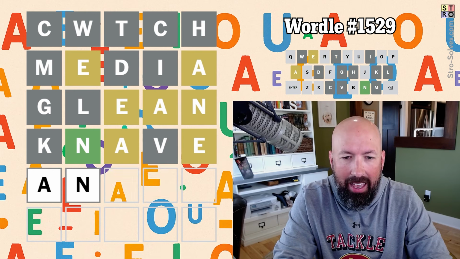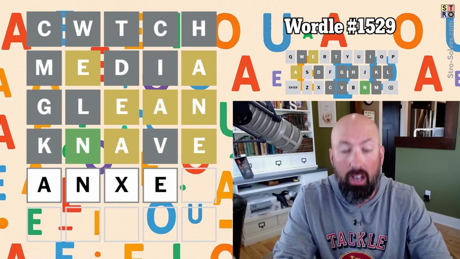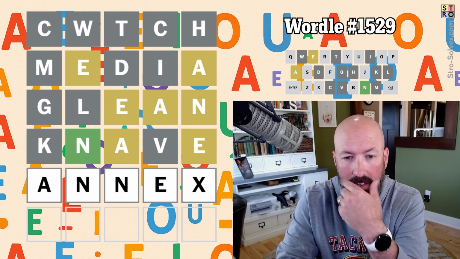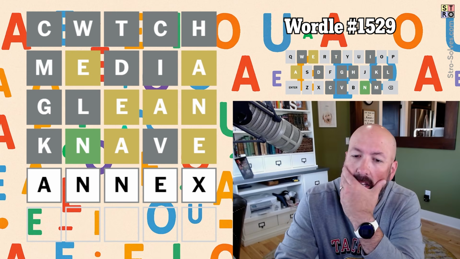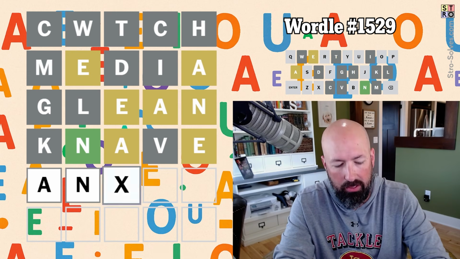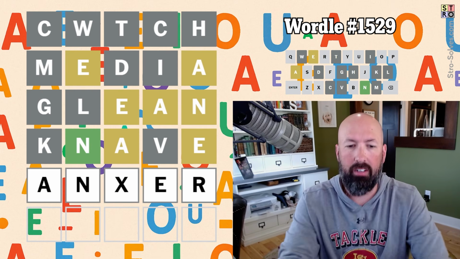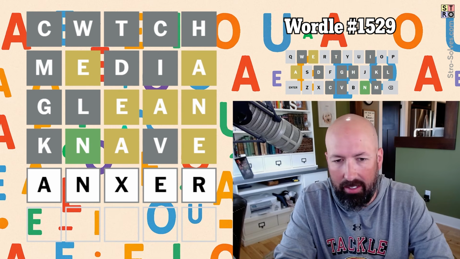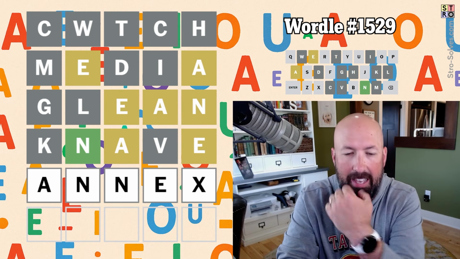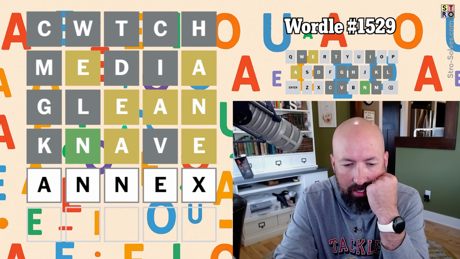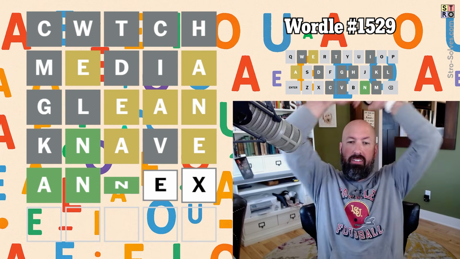Something like anger, but there's no G. And oh, annex would be interesting with a double N. Wow. I mean, I can't think of anything else that works. Otherwise, it feels like it's going to be an ER, but I don't know, other than anger, what would work there. Can't do answer, because it's 6 letters and has a W in there, but I'm thinking annex. We just had an X last week. We're going to have another word with an X? I can't think of anything else. Let's go annex. Yeah, okay.